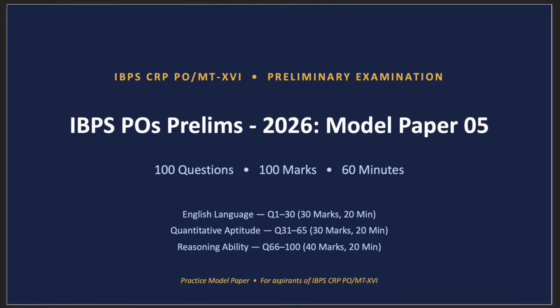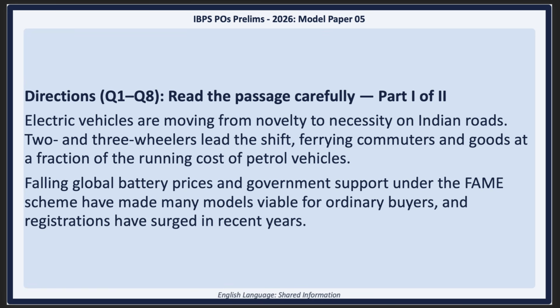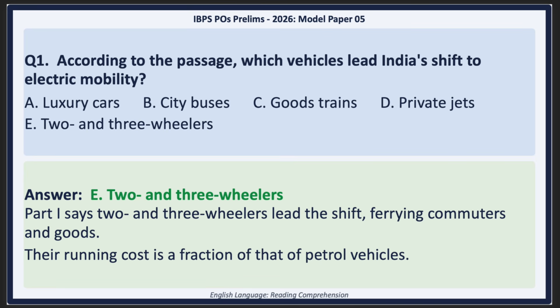Well, we are going sequentially through 30 distinct challenges, looking at how grammar, syntax, and vocabulary all work together. So let's start with the traps of context. We're jumping right into question 1, which begins with a macro-level reading comprehension passage about the shift to electric vehicles, or EVs, in India. Yes, the big picture. Right. And question 1 literally asks why 2- and 3-wheelers are leading the shift to EVs.